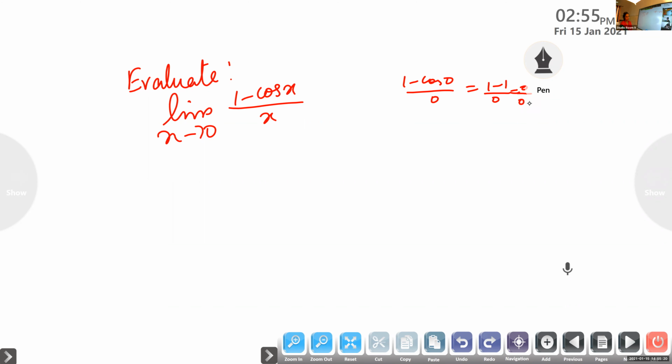What is 1 minus cos 2 theta? Aditya, what is 1 minus cos 2 theta? What is 1 plus cos 2 theta? Open your notebook, find out, and tell me. Next class onwards, no need of opening your notebook. You should get it from your mind. Be thorough with all the formulas.